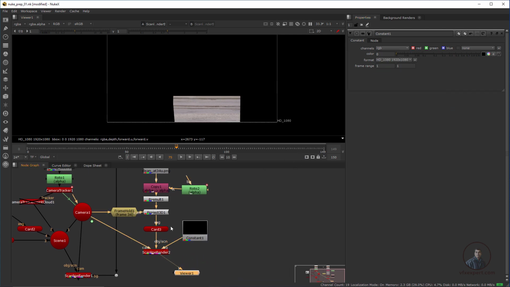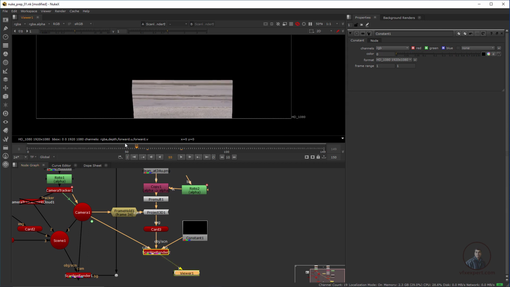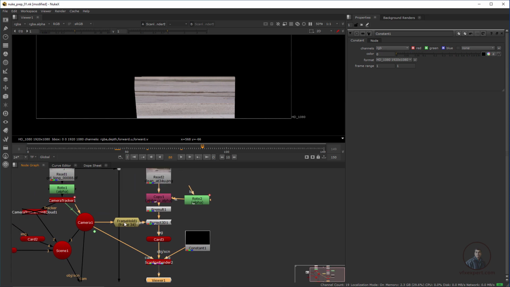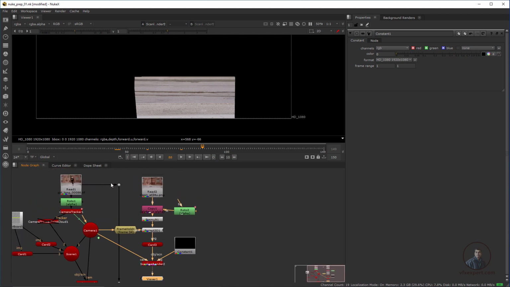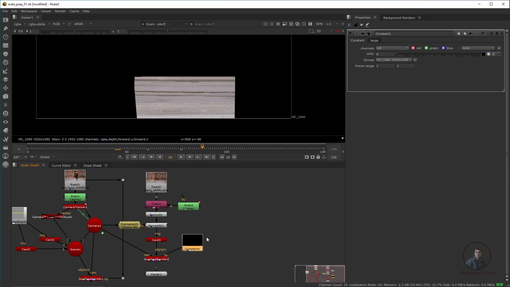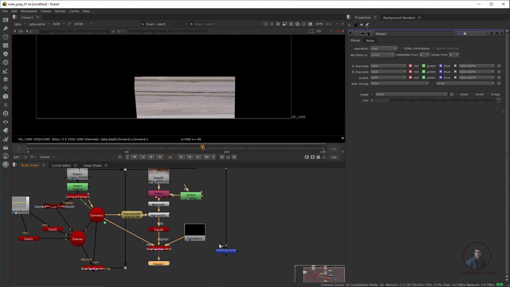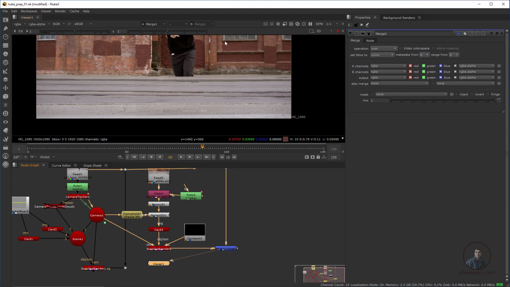Now if you look here, I have rendered only this portion from this card, which is our moving portion. You can easily see it is moving according to our camera movements. After this, we have to composite this portion on top of our original footage. Then again take a merge node here, press M. This original footage will be our background here. Then connect it here like this, hold Control and break this one, and this scanline render will be our foreground here. Now select this one and press 1 here, so you will get this output.